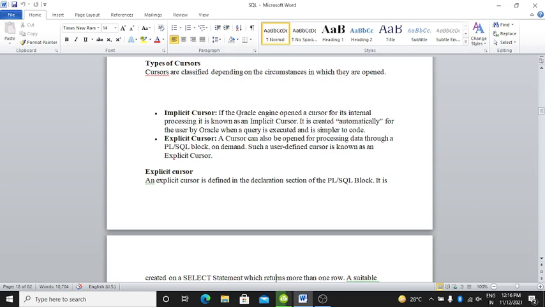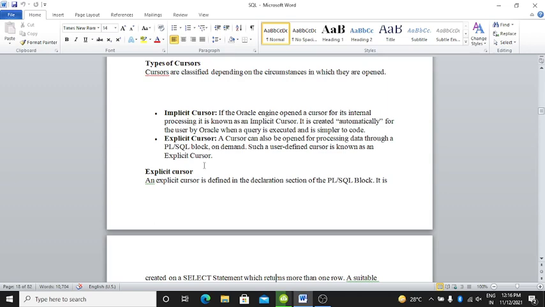If the Oracle engine opens a cursor for its internal processing, then it is known as an implicit cursor. It is created automatically for the user by Oracle when a query is executed and it is simpler to code. Clear?